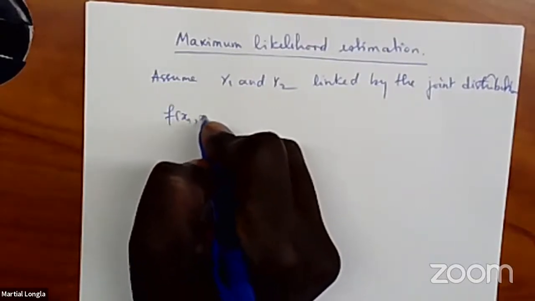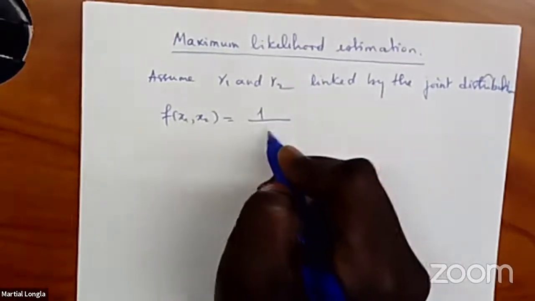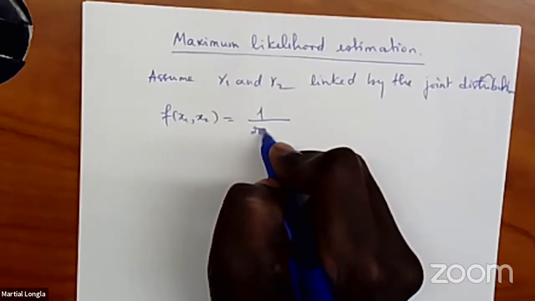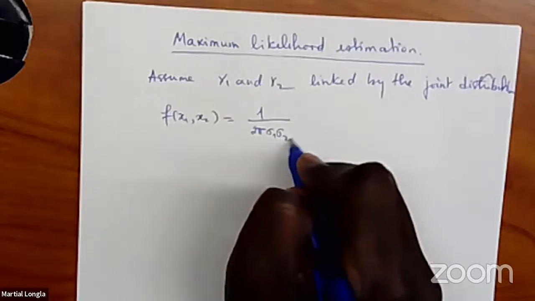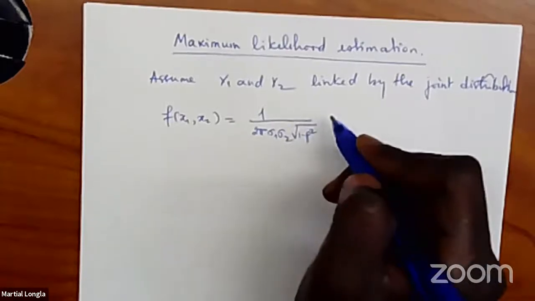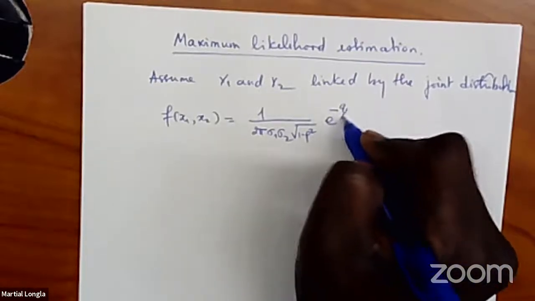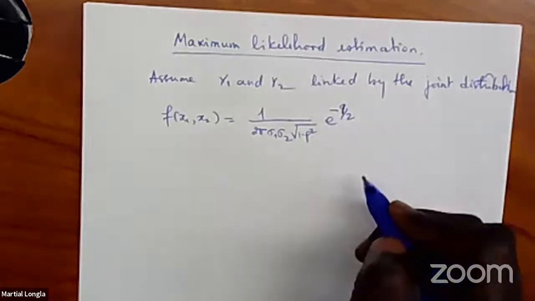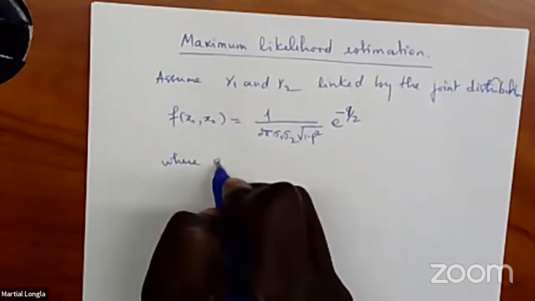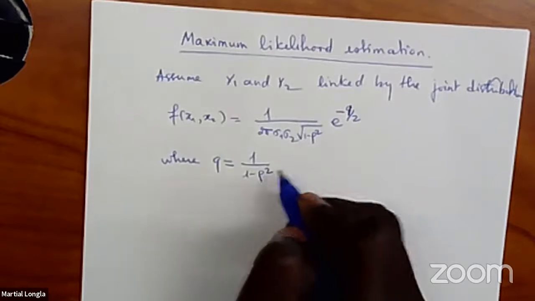That's one. Two. Two pi. Sigma 1, sigma 2, square root of 1 minus rho squared. Negative q over 2. This is q not 9, where q is equal to 1 over 1 minus rho squared